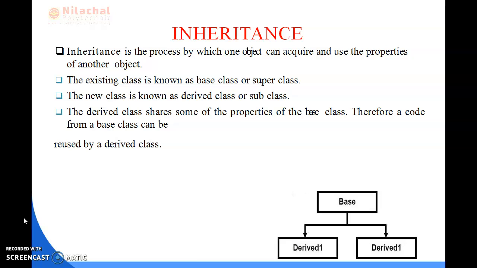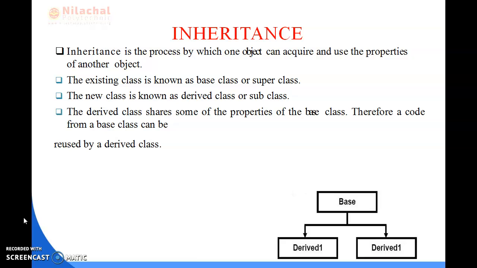A class whose properties are inherited is treated as the superclass, parent class or base class. The class which gets the properties is treated as the derived class, child class or subclass. So the subclass has the properties of the base class along with its own features. Means the child class will get the properties of the parent class as well as its own properties.